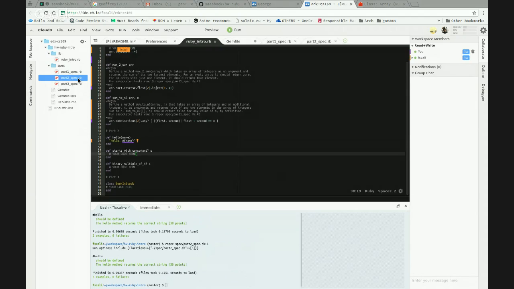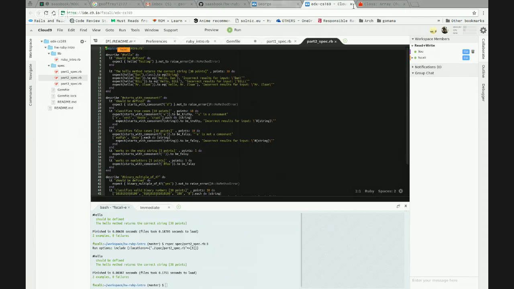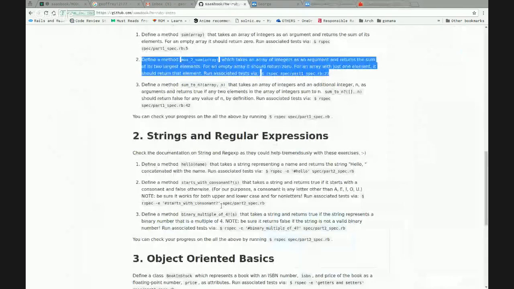Start with consonant takes a string, returns true if it starts with a consonant and false otherwise. Okay. Who goes now? Do you want to go or should I go? Okay. Let's see.